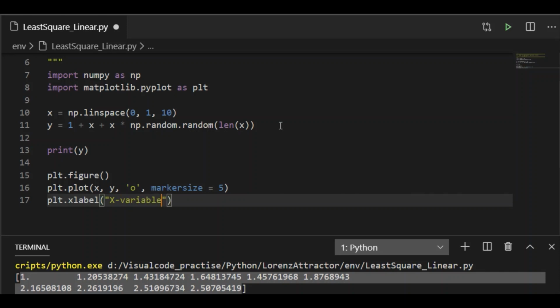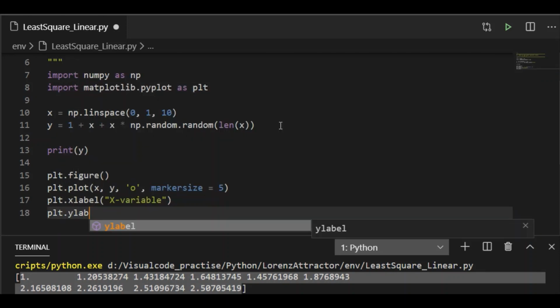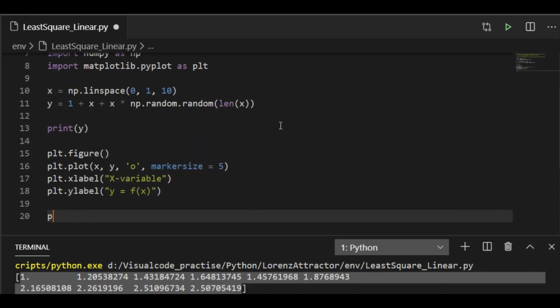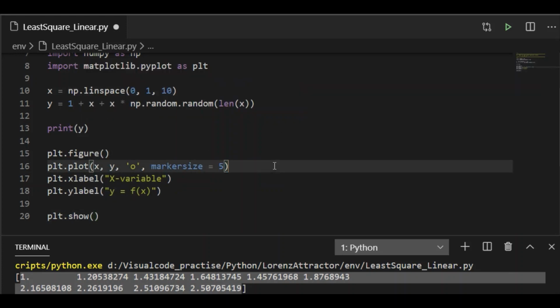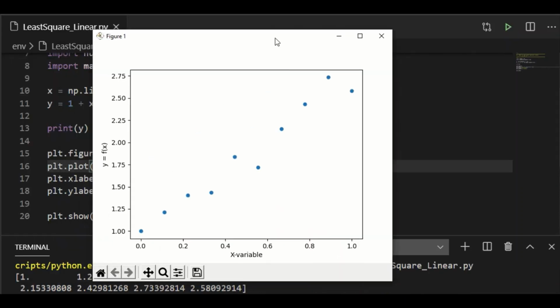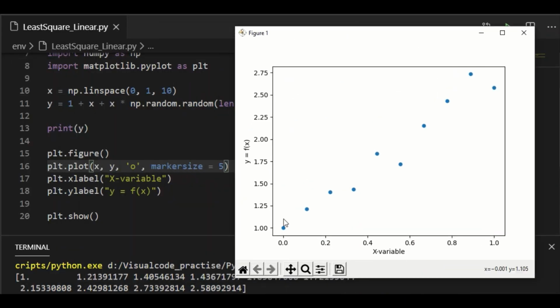As always, x label will be the independent variable and y label will be the dependent variable, that is y equal to f of x, and call the routine show to display the plot for us, which is plotted between the independent variable x and dependent variable y. We can see the 10 samples are plotted.